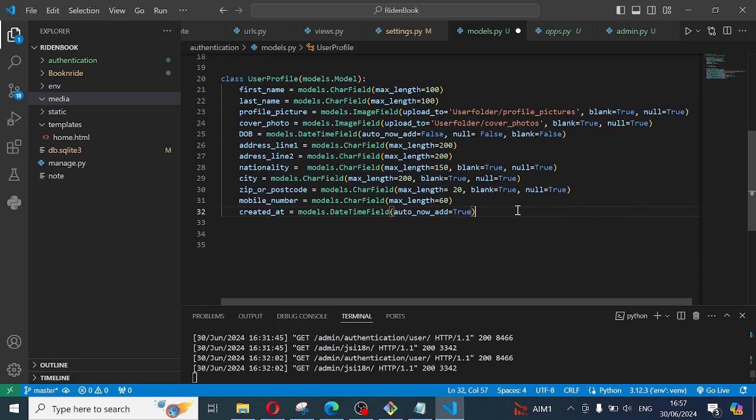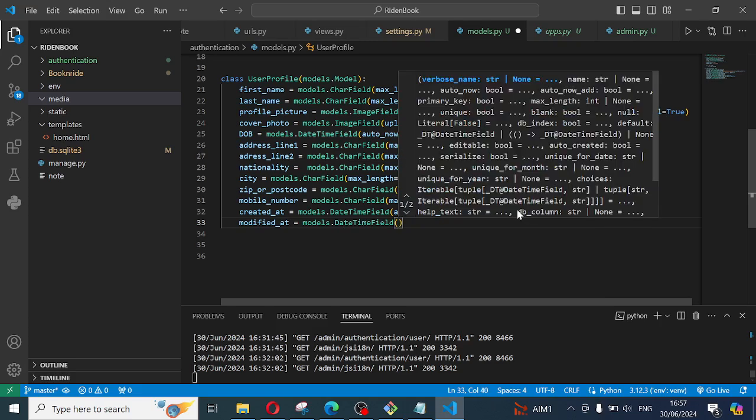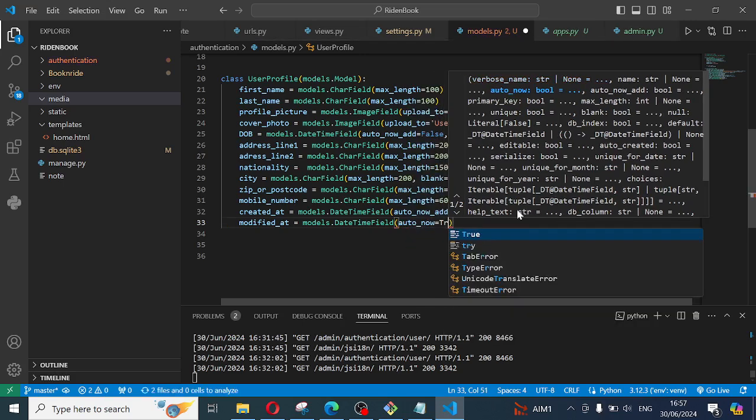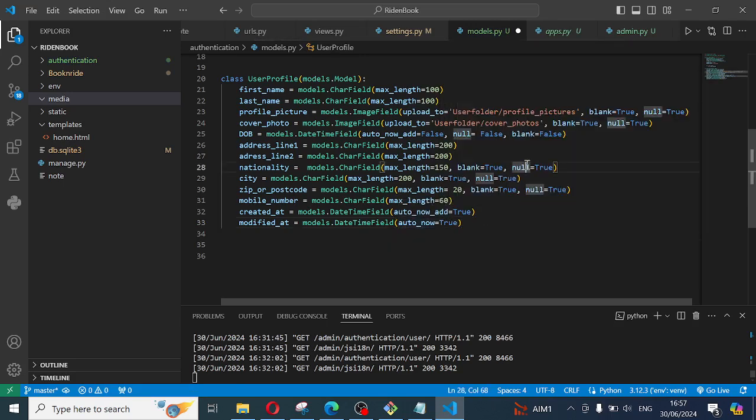Now, there's a last field I need. I'm just going to add modified underscore ads equals models dot date time field, auto now equals true. I'm not saying auto now add, because it's only when it's getting created that I want you to add it. But auto now means it's just going to take the current date time as well. Now, whenever the user modifies